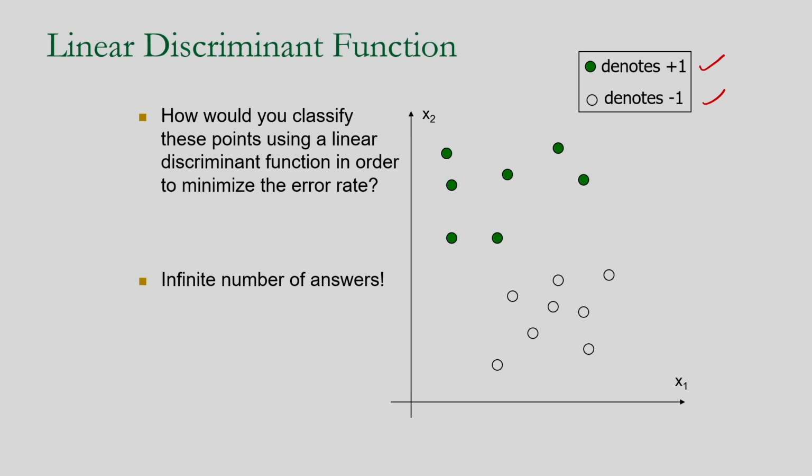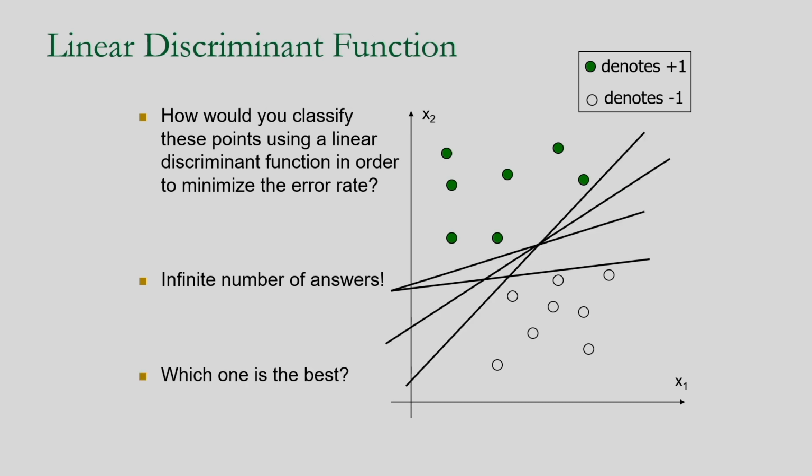There are an infinite number of answers because I have to minimize the error rate, and you can see I am showing the decision boundary between these two classes. Again I may consider another decision boundary between these two classes, or another one, or this one. So I may get a number of decision boundaries, but which one is the best decision boundary, that I have to determine in the support vector machine, by considering some optimization criterion that I am going to explain in my next slide.